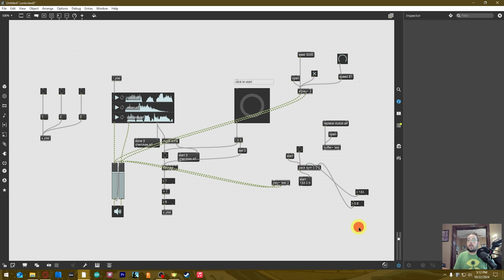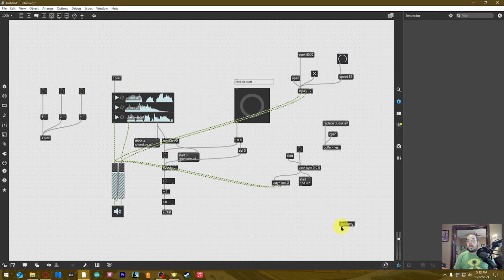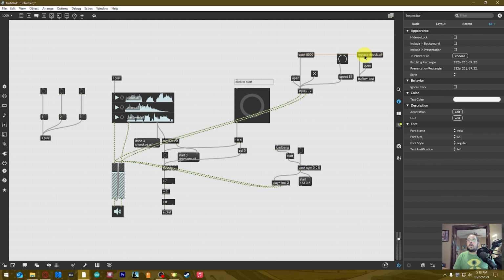Yeah, okay, cool. All right, so what I have going on right here is a system that would basically let you in real time control the playback start and stop position and speed of whatever's loaded into this buffer,